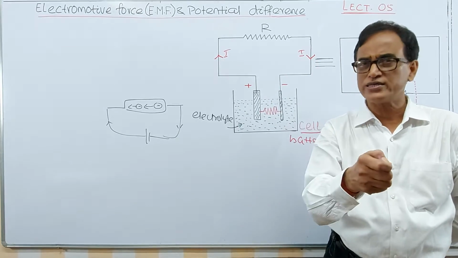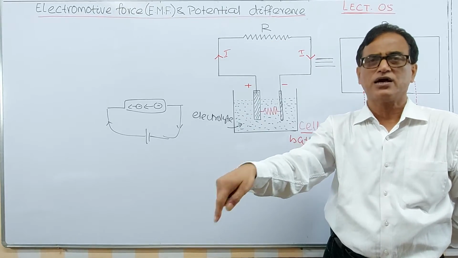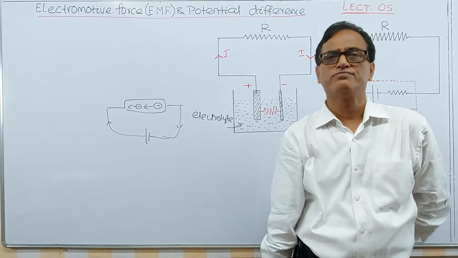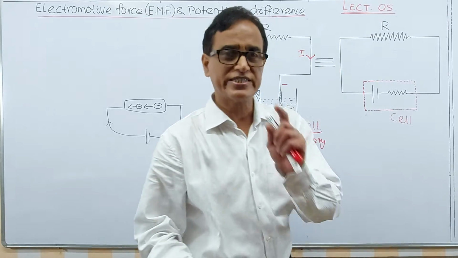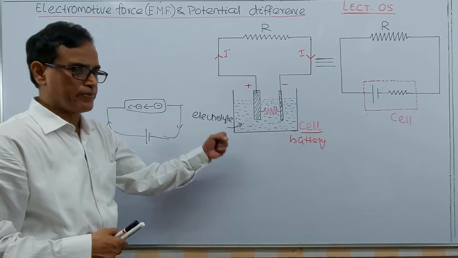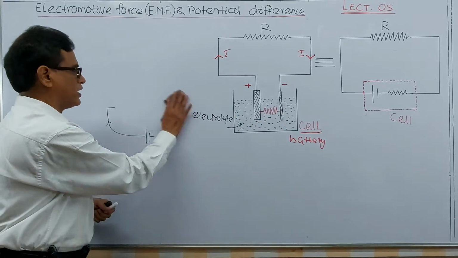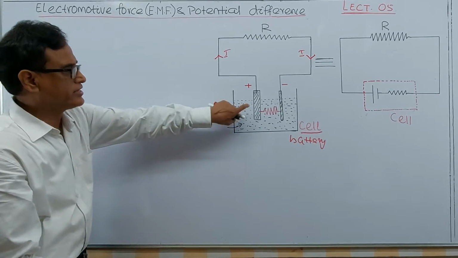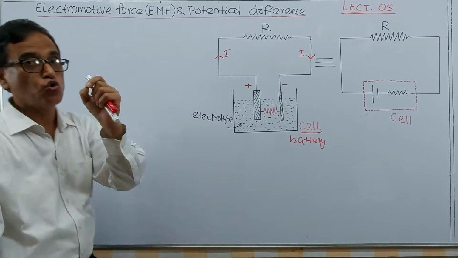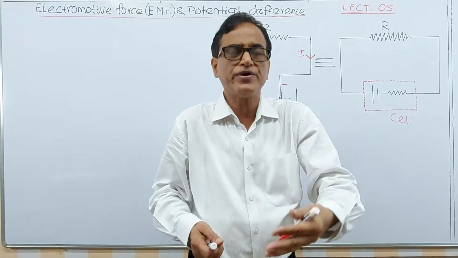If you do not say what a cell is and how it works, which you are using in the practicals, I think you never get any mark in the oral. That's why you should know the cell. I will describe this in detail now. A cell or battery is an agent which forces the electron to move. That's why this cell is called a source of EMF.